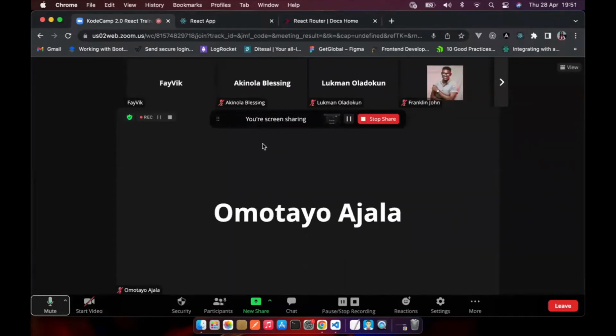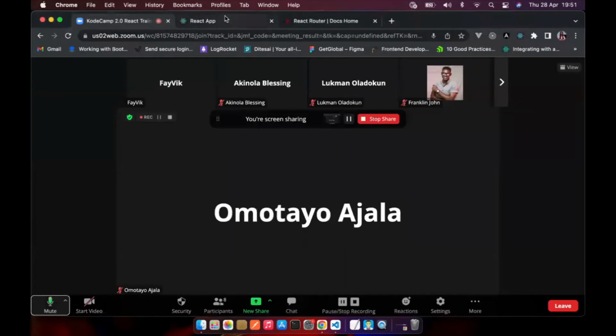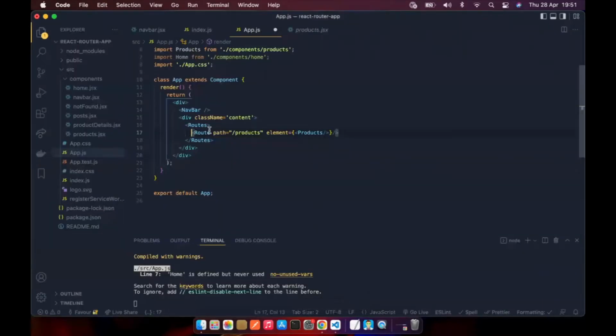So sorry, I've been able to figure out why it wasn't working. Though you can use components too, I don't know why the component at this point is not trying to render the screen. So I will just go back to the basics using the element prop. So moving forward,